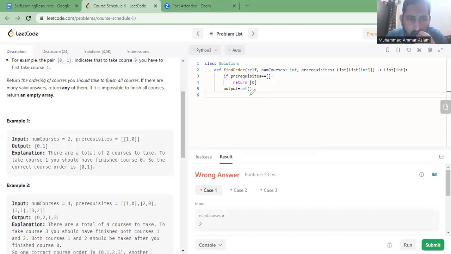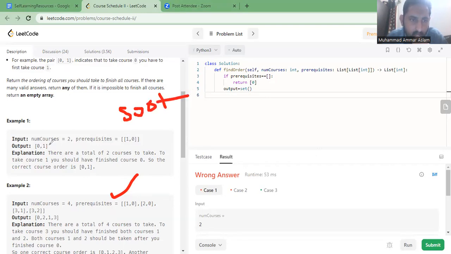Then I'm going to merge these prerequisites intervals into one list. I will merge all these values into a list as prerequisites come in the list. Then I will use the sort command. I will sort them,